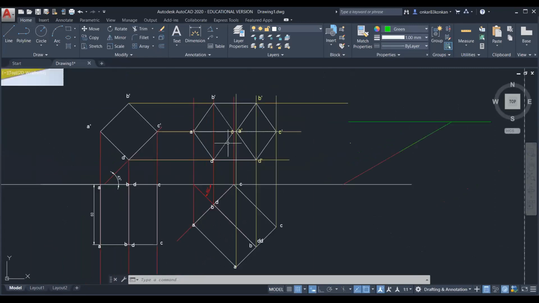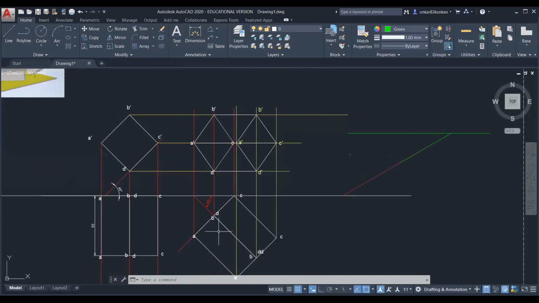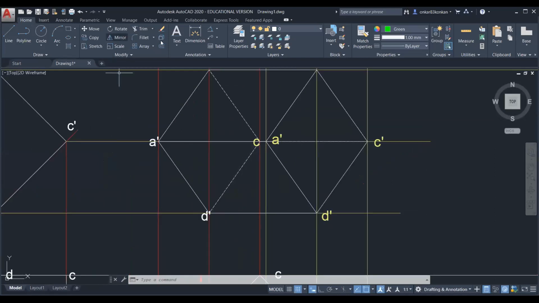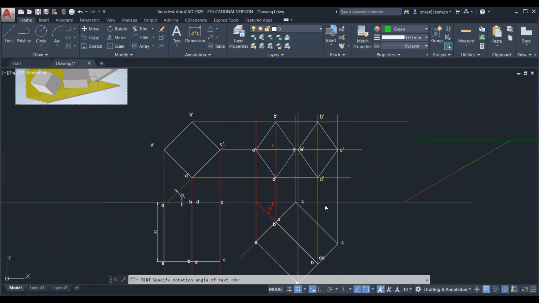So it is P and Q. So you can observe here the front view of that axis after inclination. So this is the point. So take this point as P and take the second point. So you can observe here, this is the point which corresponds to the second end of the axis. So this point is Q.